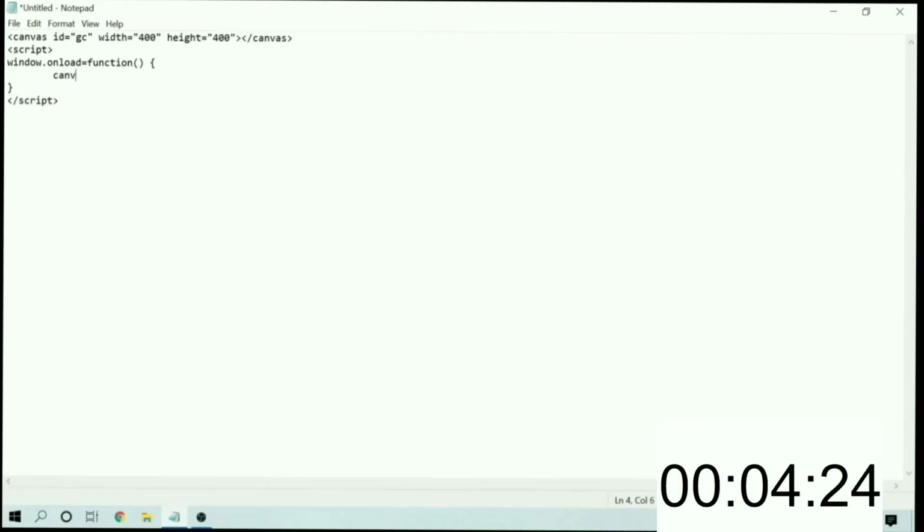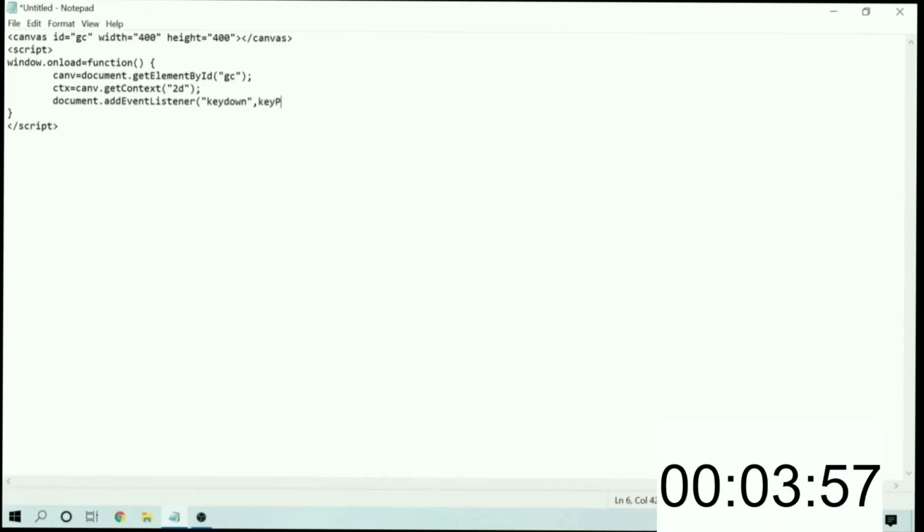We are going to do canvas equals document get element by ID. I know it's looking kind of ugly, but once we get this stuff set up, it's not so bad. Get context, and that's going to be our graphic context or buffer, and then we have document add event listener. Key down is all we really need since this game has momentum, like a function called key push. Let's go and get that part set up as well as start our game on an interval timer.